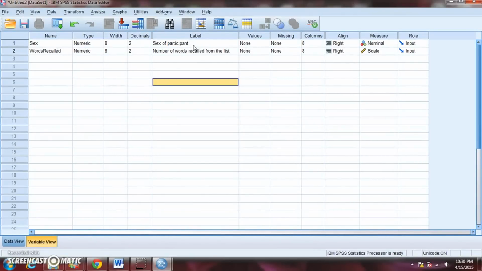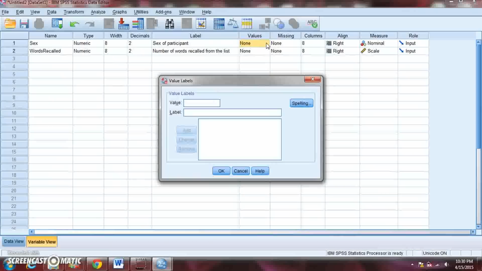Another thing that we can do, and that we're going to do, is look at the values column. So whenever we have a nominal variable or a categorical variable, we want to give a description of the different values in our variable. So if we click right over here to the right of the box, this little screen will pop up. And it basically allows us to tell SPSS what numbers we're going to use for this variable and what they stand for.